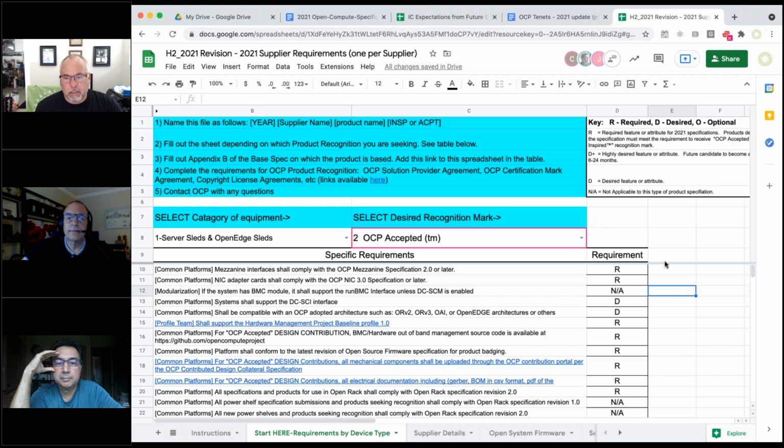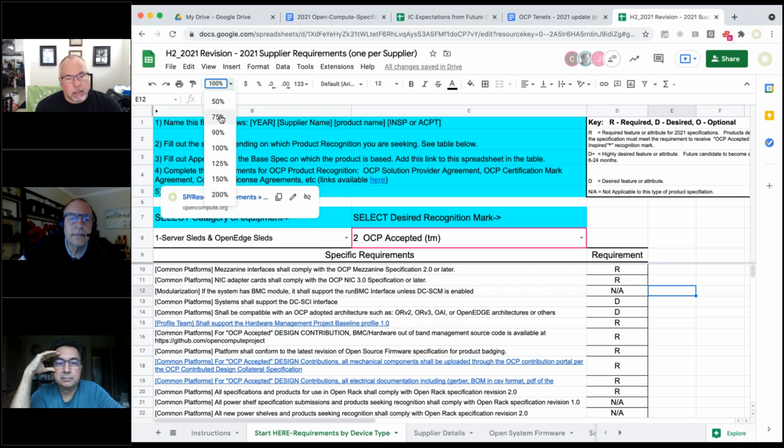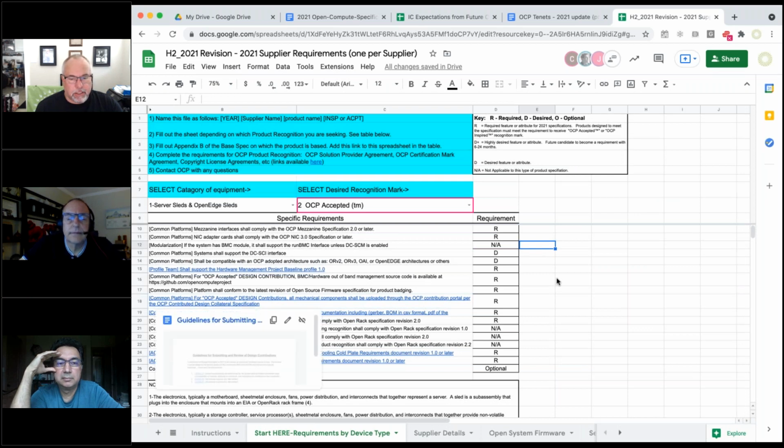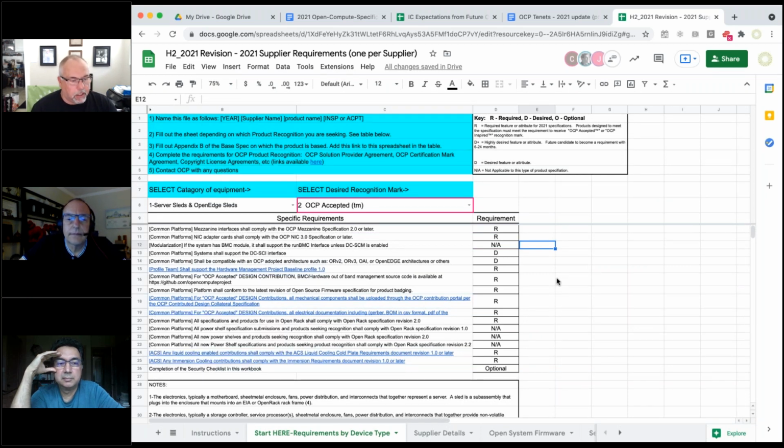Let me zoom this to a better size. It looks like there's kind of three different sections in the spec template that would be impacted. One is this IO section. There's IO, there's hardware management, power delivery, rack compliance, and then cooling.